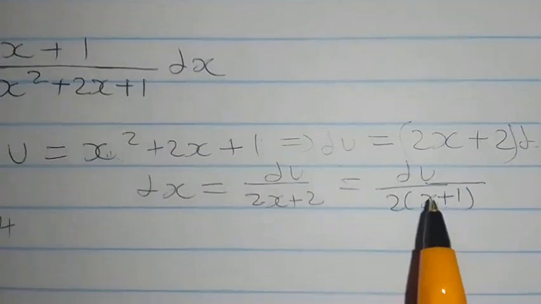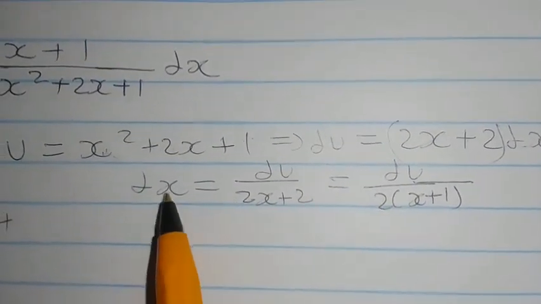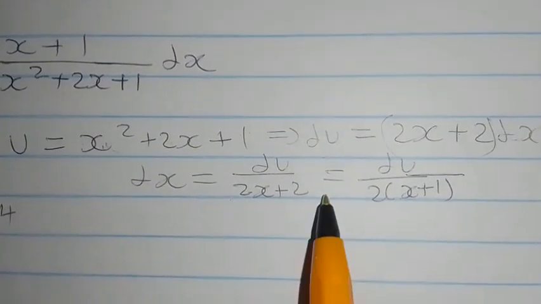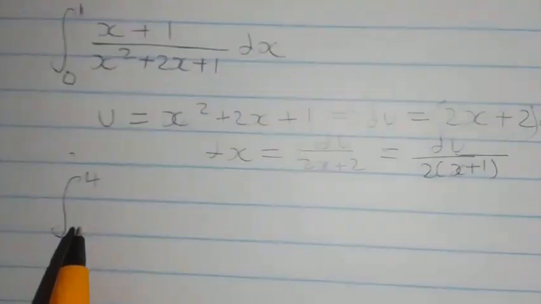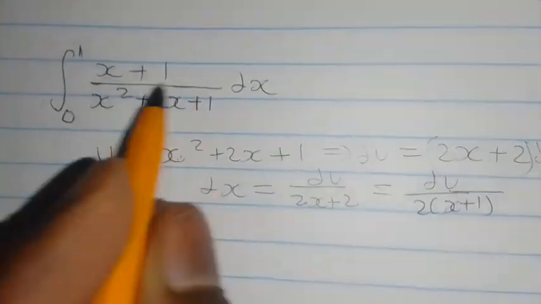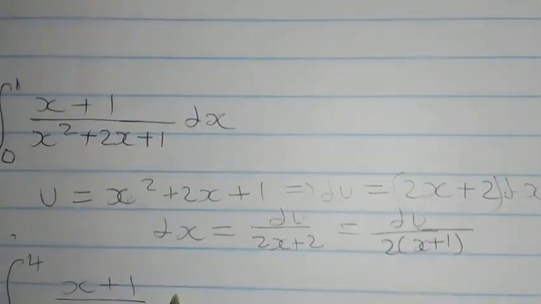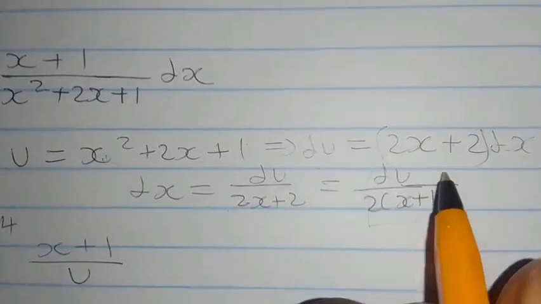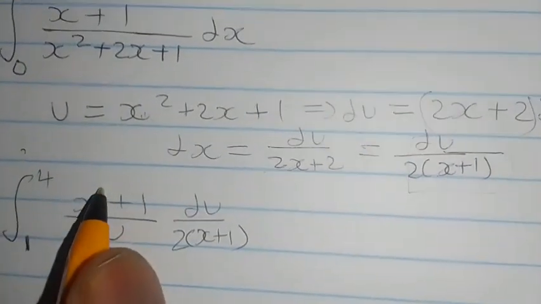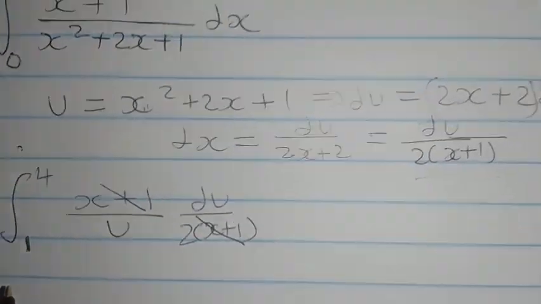You're going to have something like this. dx being du over 2 into x plus 1, because here we just factored out 2, because here you can basically see you'll have 2x, and 2 by 1 will give you this 2. So now you're going to have x plus 1 divided by u, because this basically is u. Substitute u in terms of that. And now dx is du over 2 into x plus 1. So notice that the x plus 1 and the x plus 1 will cancel,